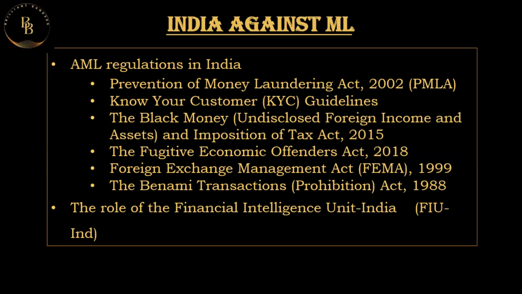High-profile cases. The FIU-IND's intelligence has been instrumental in several high-profile investigations. For example, it played a key role in tracking financial irregularities in cases involving Nirav Modi, Vijay Mallya, and the 2G Spectrum scam. Its reports lead to the identification and freezing of laundered assets worth billions of dollars. It has also increased international cooperation